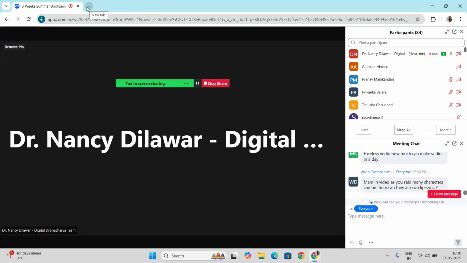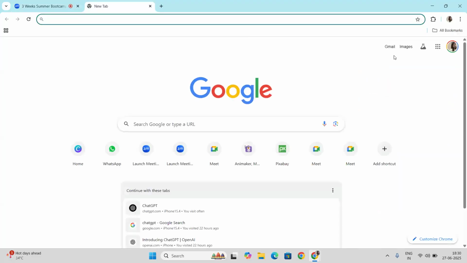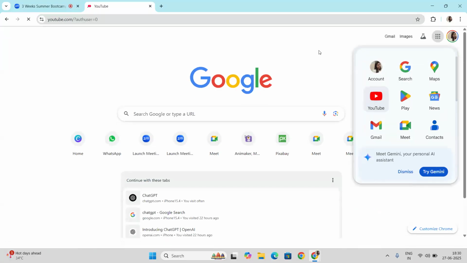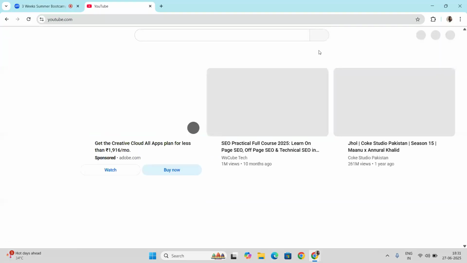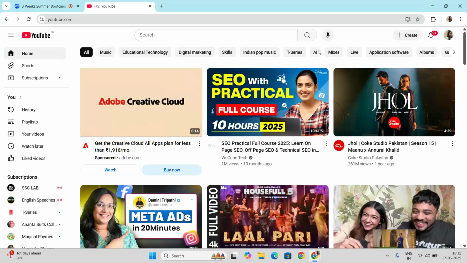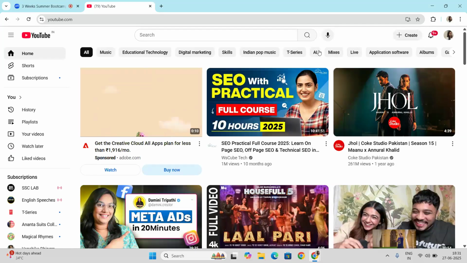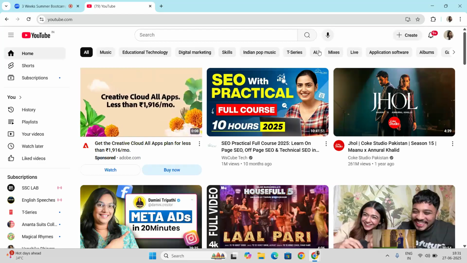Then we will cover some of the tools again that will be helpful for you to generate AI videos. And again, repeating the same thing, if we are using AI tools for free, obviously it's very obvious that it will have some limitations, or we have to use those paid tools smartly. So you have to keep that in your mind.